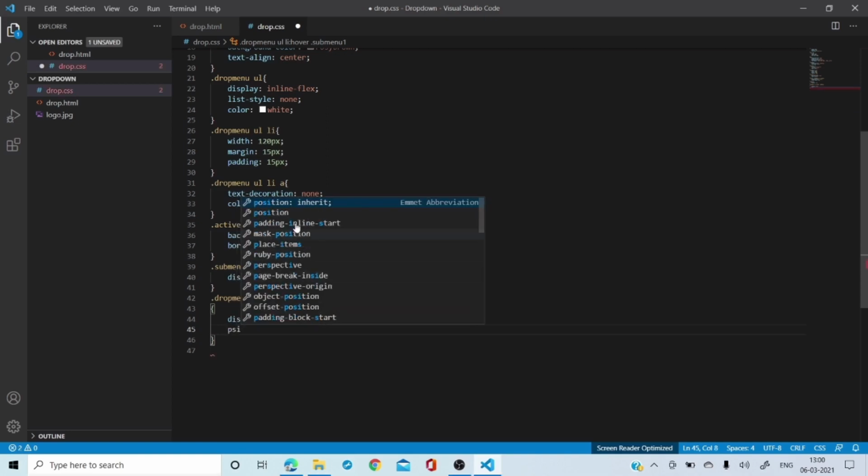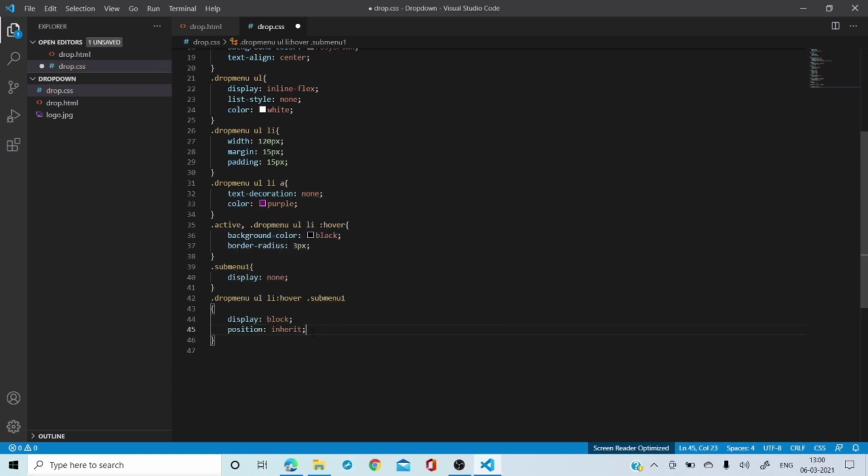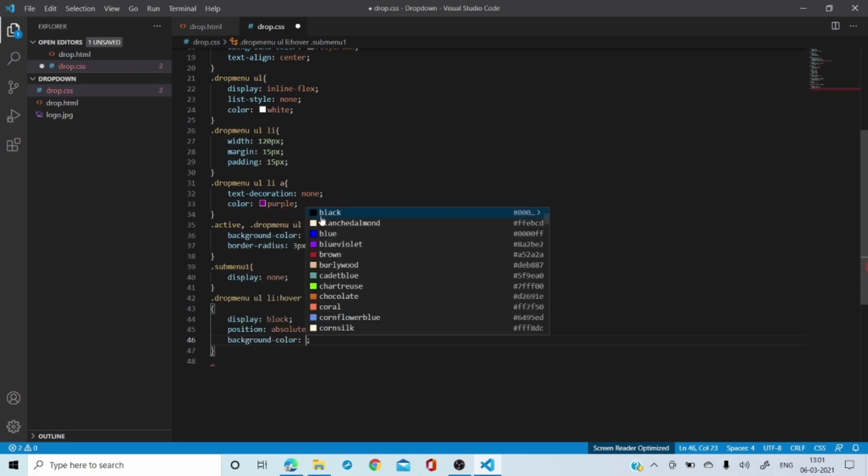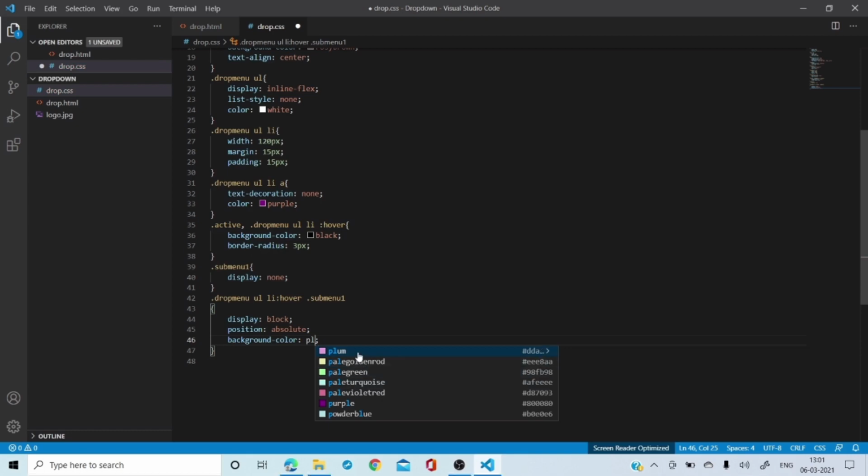Let me put the position as not inherit. It has to be the absolute position. Okay, after the position we have the background color. So let me put the background color as, let me put the plum color over here.